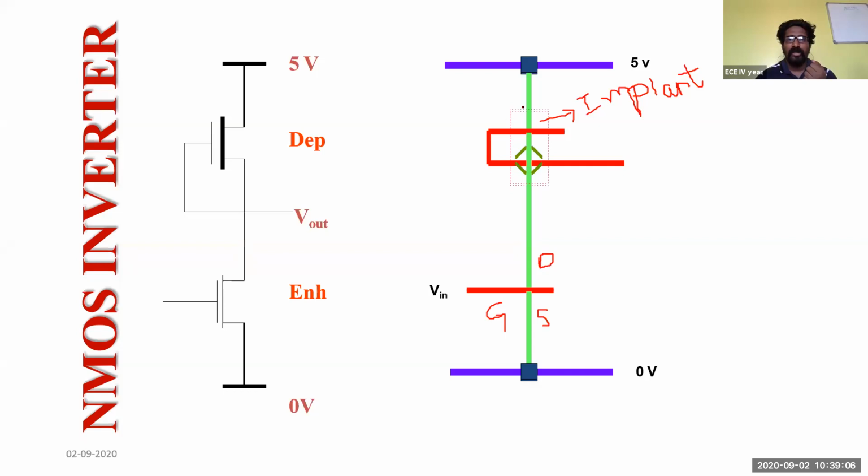So now this entire structure is a depleted NMOS. This entire stick diagram is for the NMOS inverter with the help of a depleted NMOS. And you can see the difference here between the enhancement mode and the depletion mode. For the depletion mode, you'll have a darkened part, whereas for the enhancement mode, you'll not have a darkened part at this body terminal.